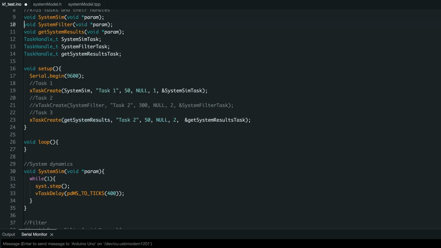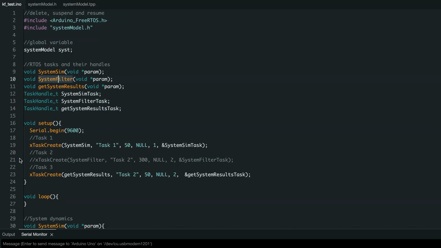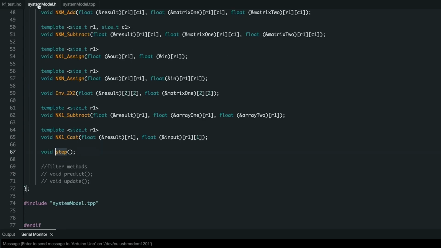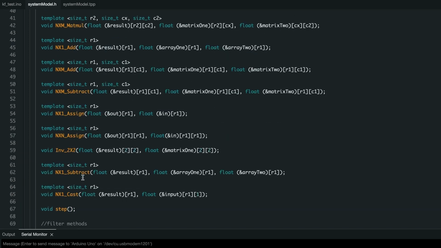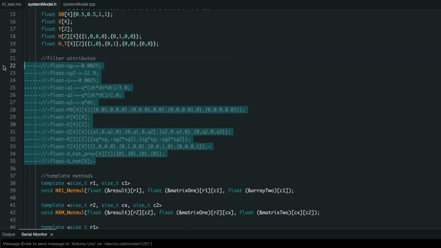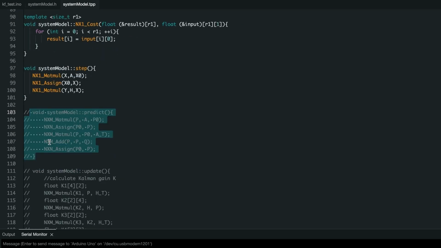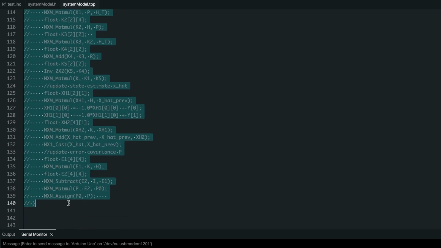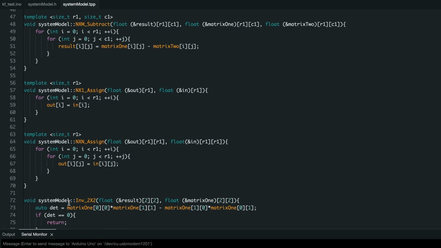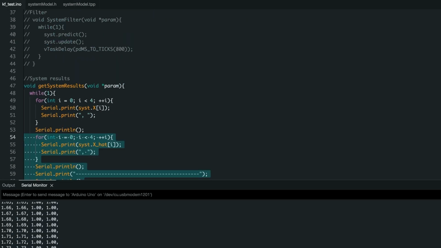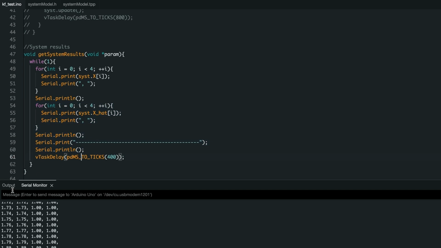Let's activate the system filtering task, and let's also uncomment your filter methods like that, along with these attributes, of course. And let's uncomment everything in this one, predict and the update step. Okay, so this will obviously keep looping unless I stop it. Okay, let's see what happens now. So if I compile this,